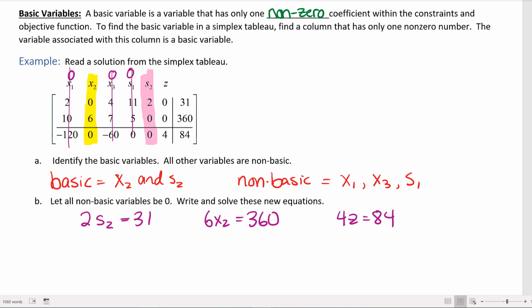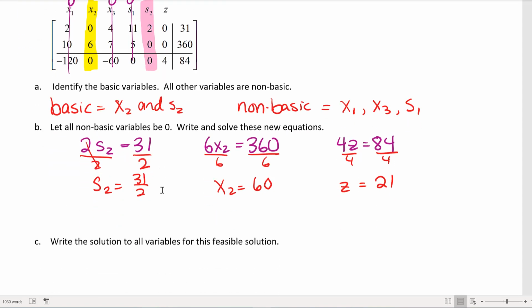So now I can solve for s2 and x2. So that divides by 2, and my s2 equals 31 over 2. How about the next equation? I have divided by 6, and that gets me x2 equals 60, and then my objective function I can solve for z, and I get z equals 21. So in summary,